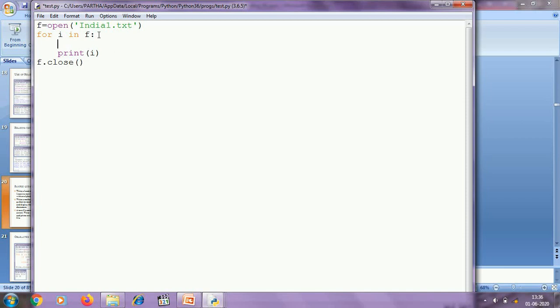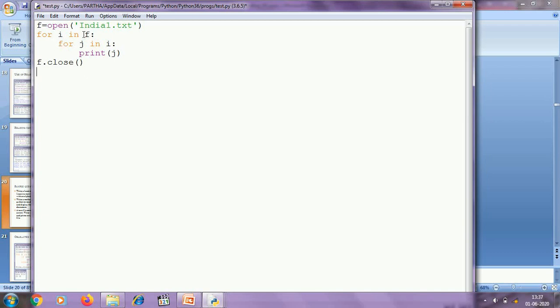So if I write for j in i, here i is the first line and here I am writing j in i. That means characters of the first line will be fetched one by one and will be stored in the variable j, and I am printing the content of the variable j.